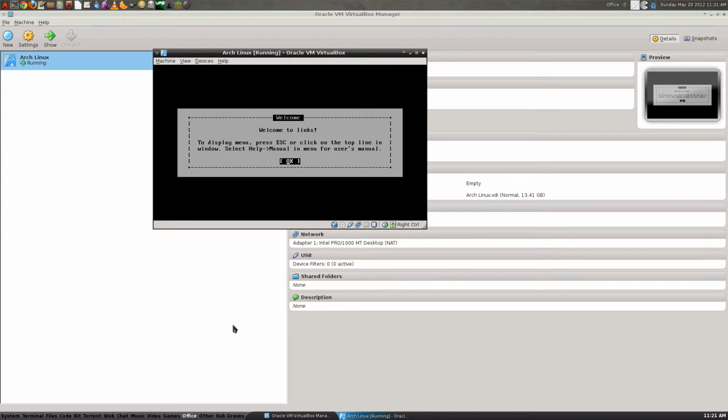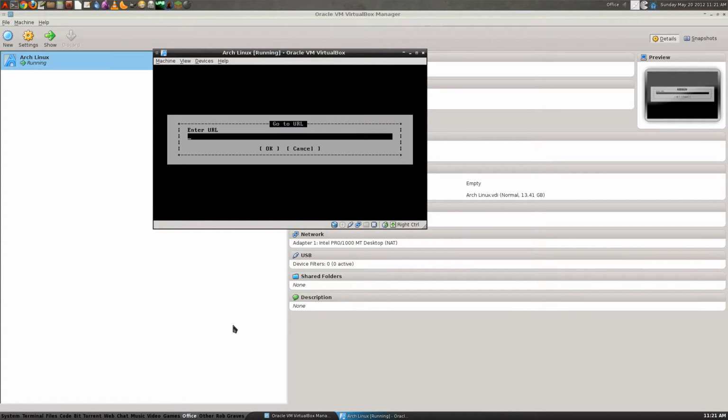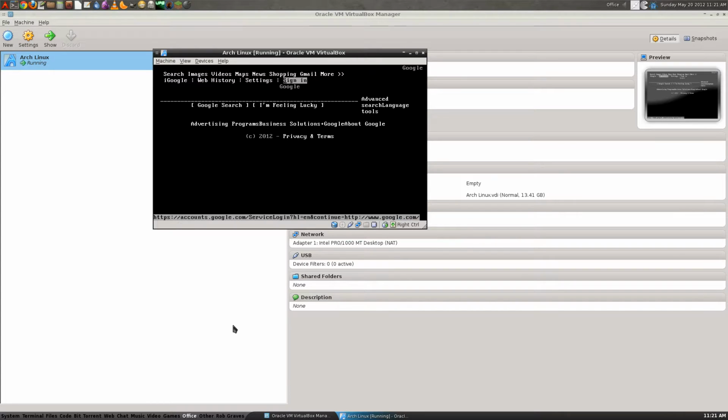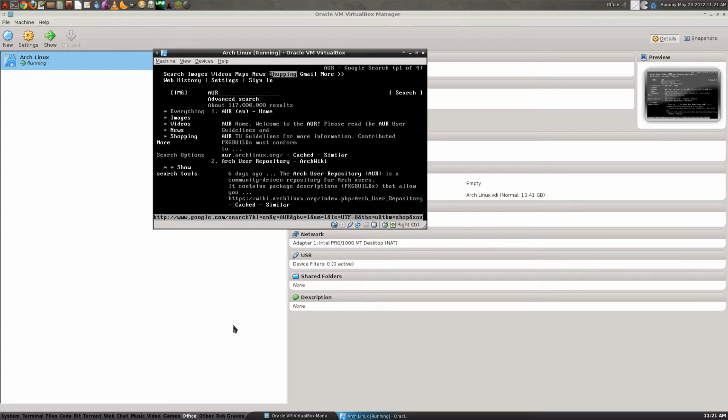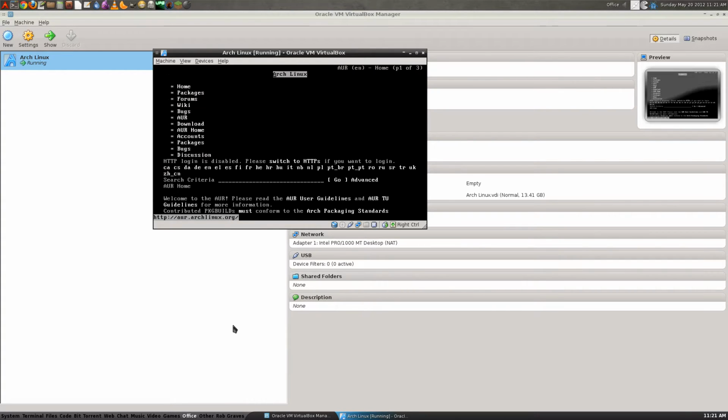It gives you this welcome message, just hit OK. And if you hit G, let's say go to URL, I'm just going to type in Google. It's relatively easy to get there from Google. Arrow down to this search field here, type in AUR, go down to Google search, it's going to be the first thing. You get up there to AUR, and now we are at the AUR. You don't have to do this here. You could wait until you get into a graphical environment, but I'm going to do it right here. Search criteria, into that field, I'm going to type in Packer,